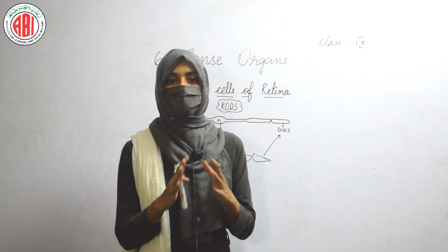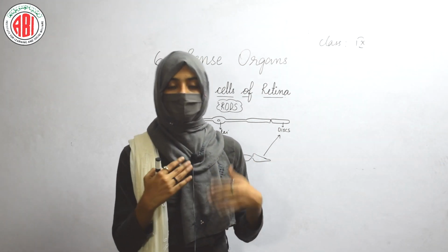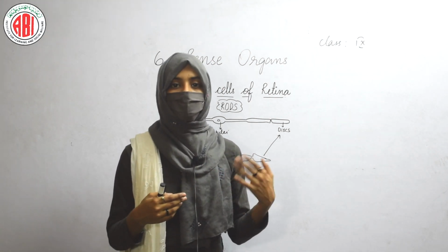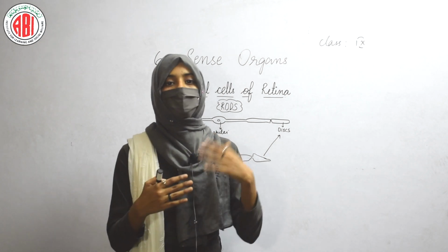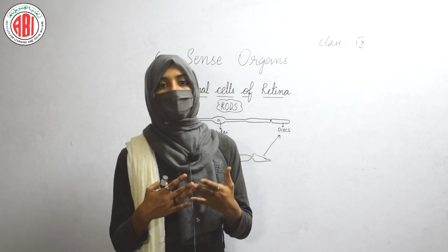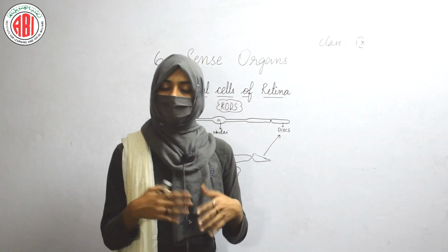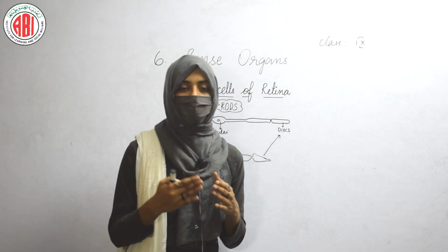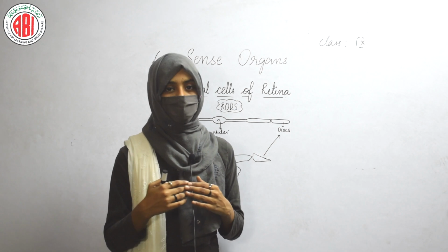In fact, the finger is not shifted, but our view is changing. So in this way, we can clearly say that the view of one eye is different from the view of the other eye. When both the views are merged in the brain, then they can form a three-dimensional picture in our brain.